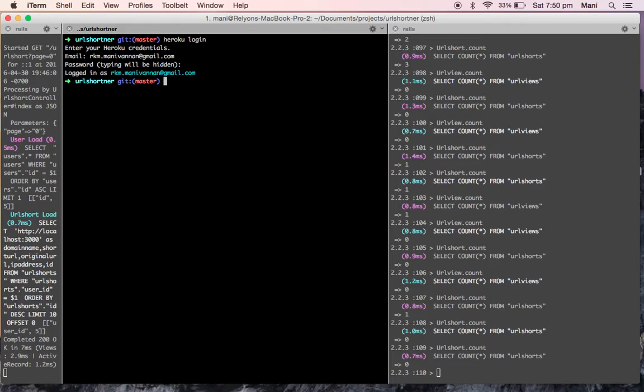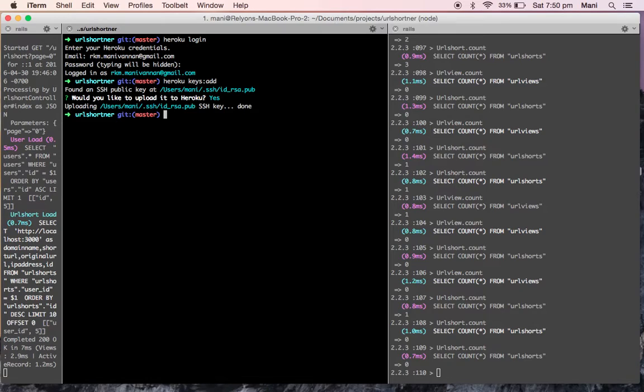So now after login, we need to add a key into Heroku. This is the command for adding a key. You need to type Y and enter. So now everything is done. So we logged into Heroku, and we added a key.